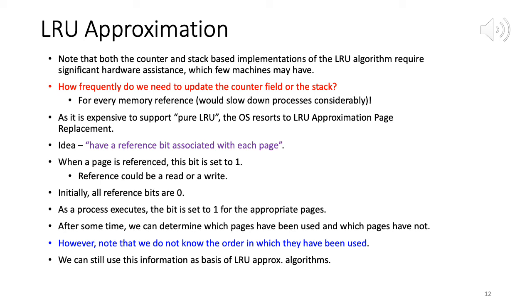Of course, we don't have enough granularity, so here we don't actually know the order in which they have been used. So we can say that, let's say at time t1, page 0, page 4, page 6, page 8 have been referenced, and such pages have not. But since it's only 1 bit, we only know whether they've been referenced or not.